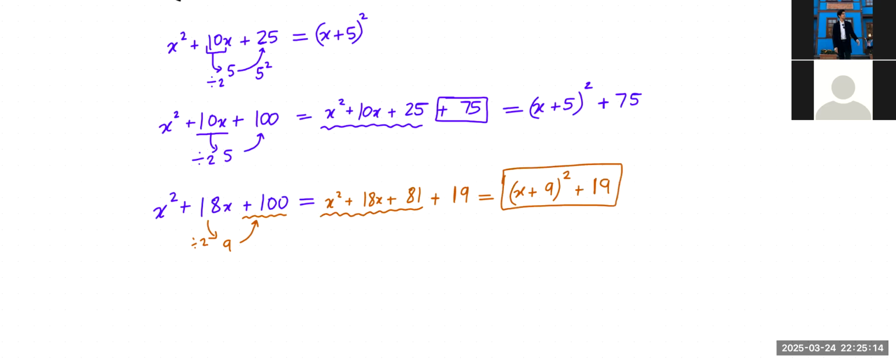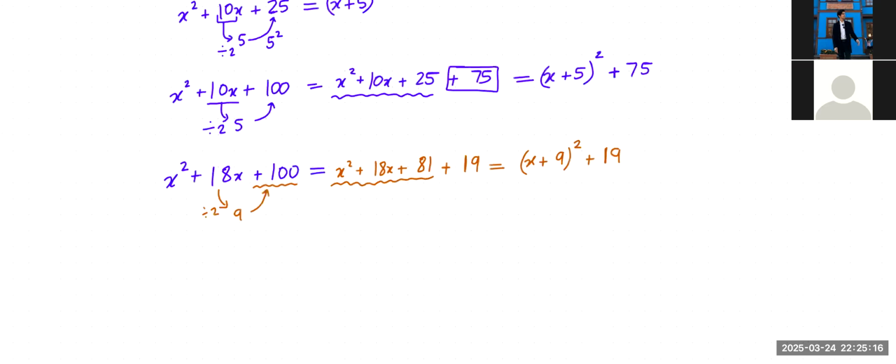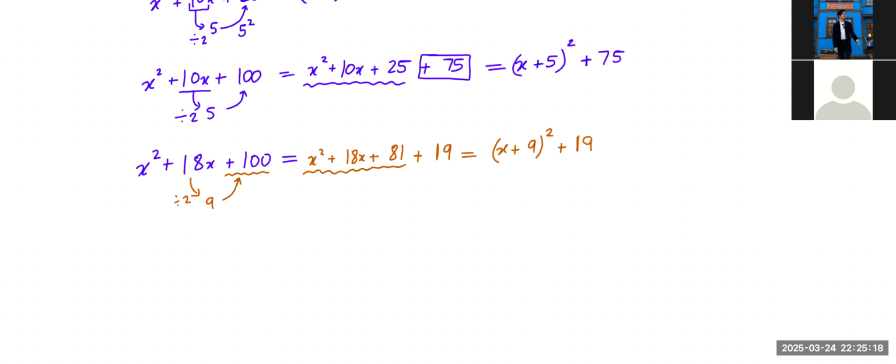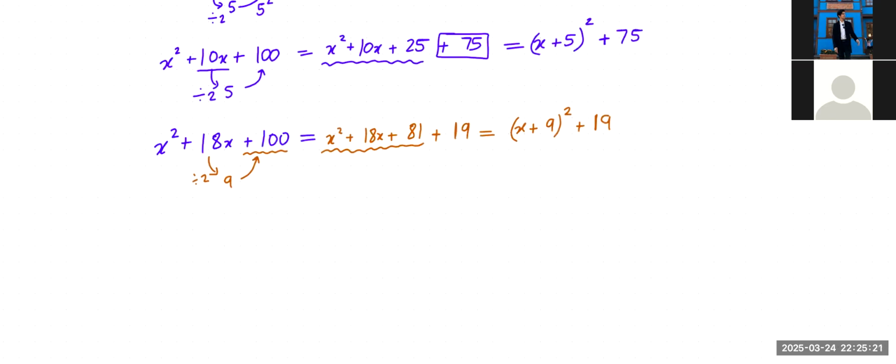Okay, and when should we use this? Yeah, I'll tell you that too. But for now, do you understand how to use this method? Yep. Okay. But now, before we move on, I want to tell you a shortcut that you can use